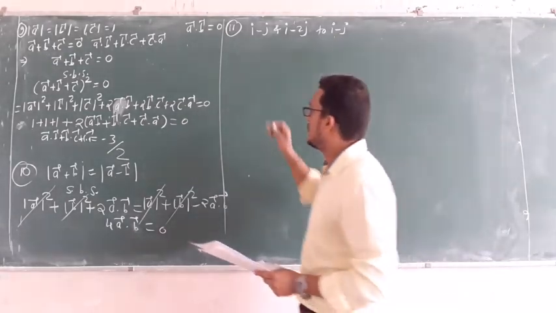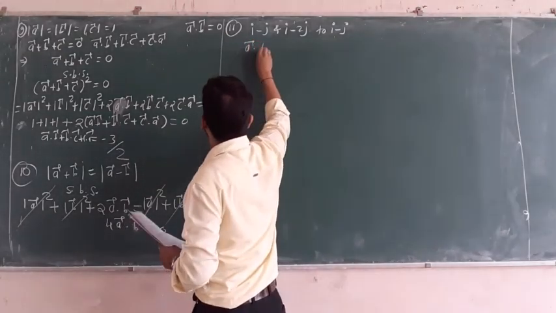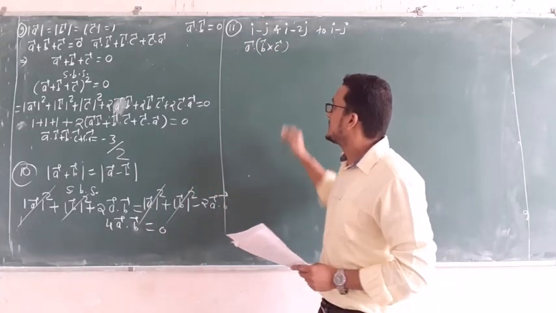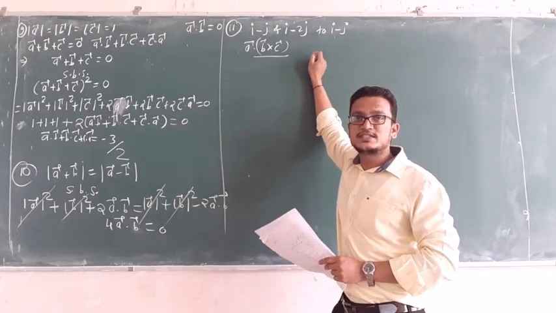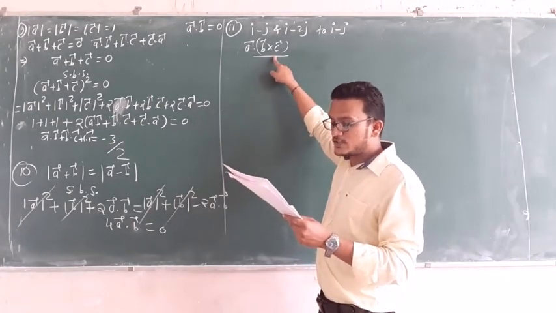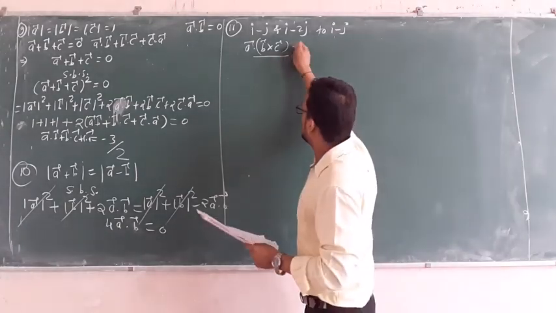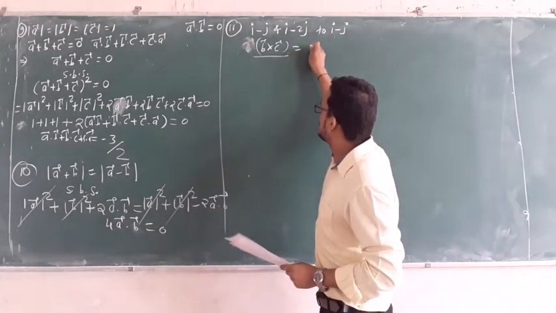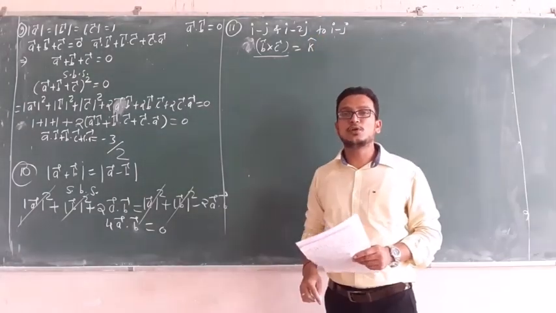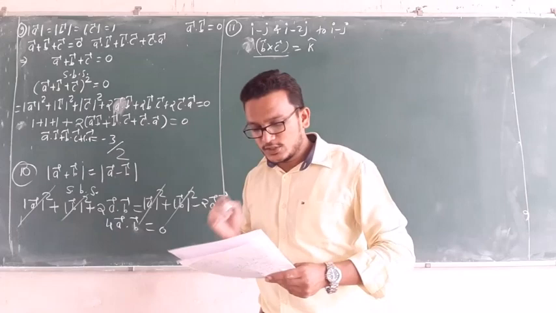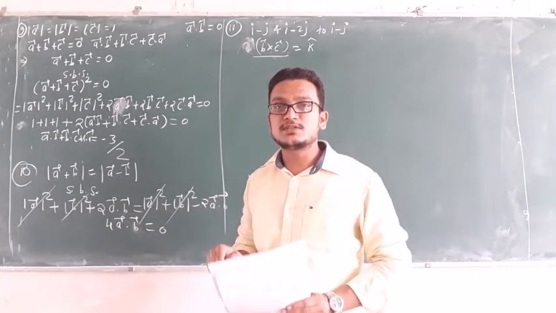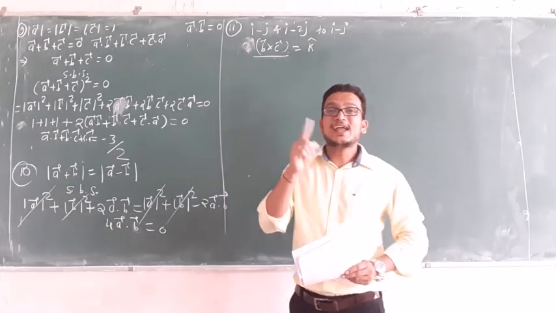So what we have to calculate in this? Actually, we have to calculate A dot B cross C. But see, if I calculate only the B cross C part, then we will get the answer of B cross C only in the K component form. But if you see the options in the question, all the four options they have given with i and j component form.